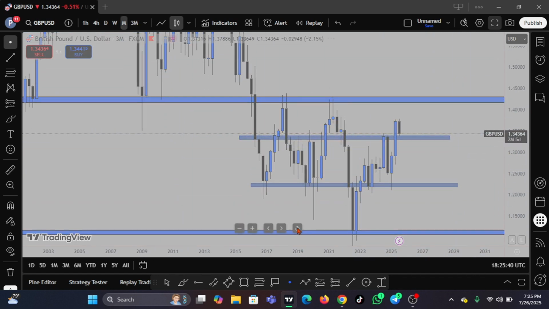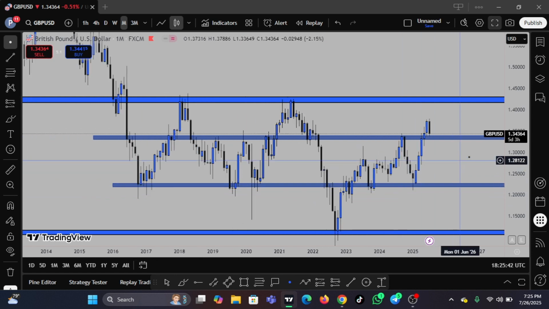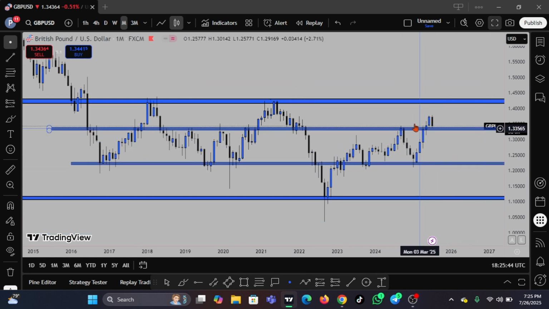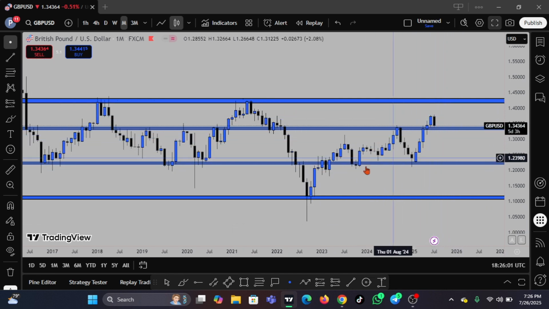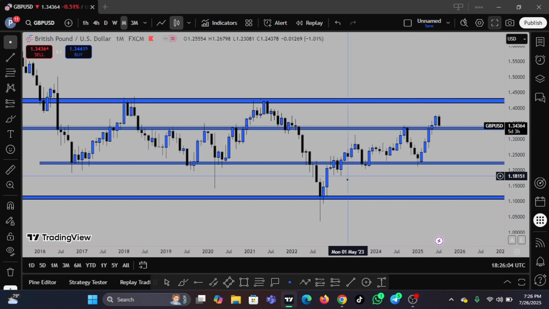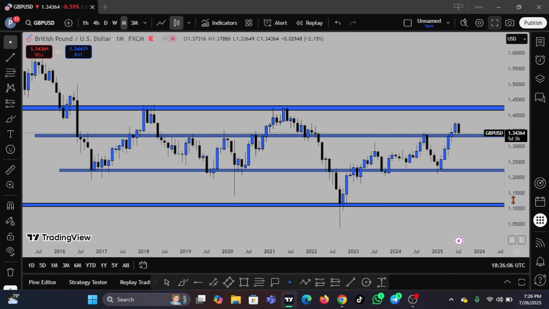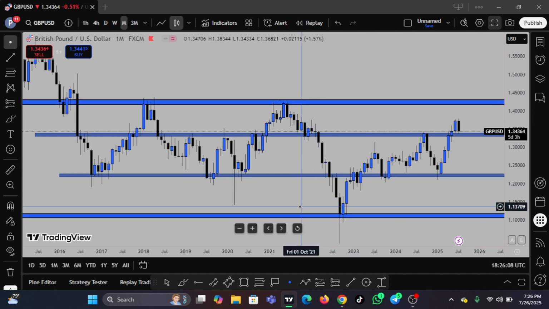So now on the monthly chart, we are having a retracement. Price is still above this resistance level, looking like we want to turn that point to a support. Are we going to push? Let's see. So what I'm seeing on this monthly chart, this current candlestick is going to close in the next 5 days. And if the candle still close like this, I'm seeing something that Gbpusd might drop.